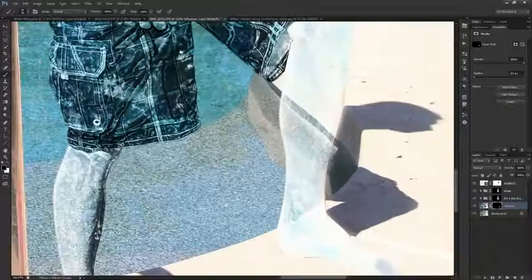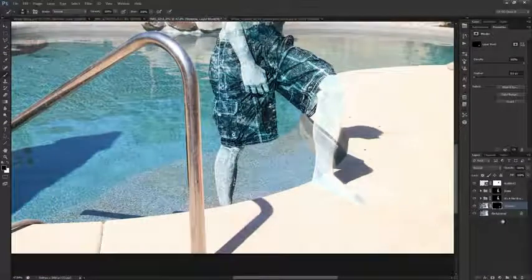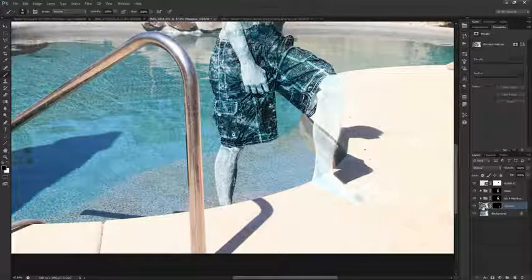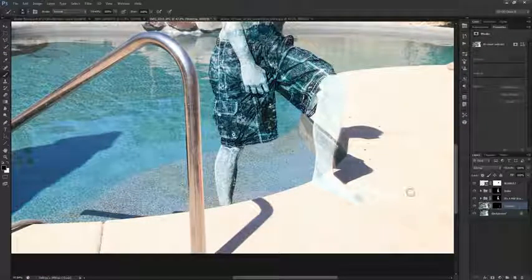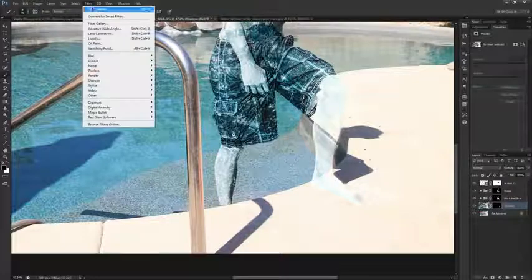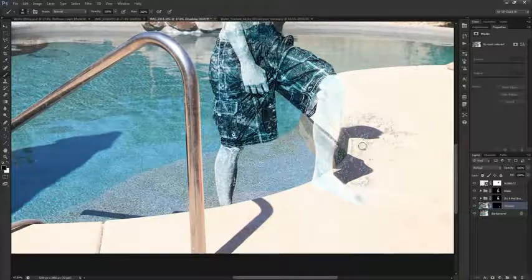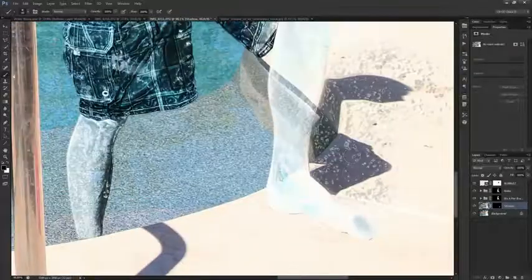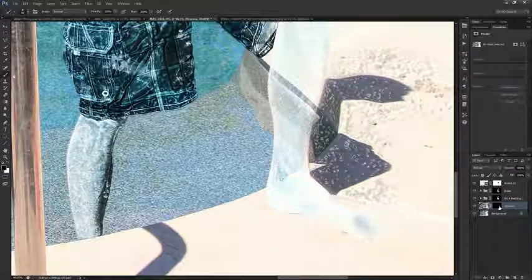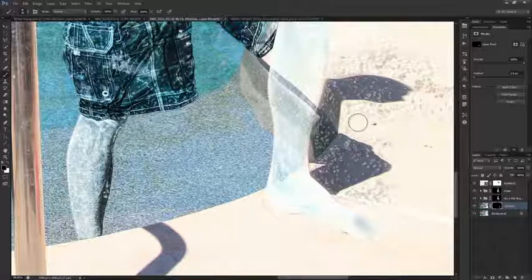Alright, so I'm not going to spend too much time on that, and that looks pretty good in general. So let's go ahead and select the actual thumbnail of the layer itself and not the layer mask. And let's go to Filter, and let's do the Filter Gallery at the very top of the list again to reapply that, what was it called, the plastic wrap, so that way it kind of affects the shadow and all that. But let's go back to the layer mask and start getting rid of the plastic wrap that we don't